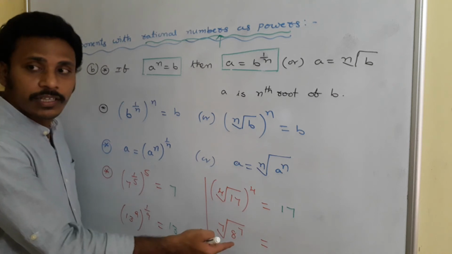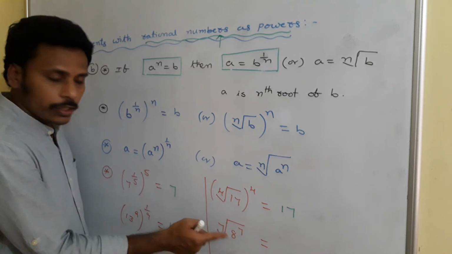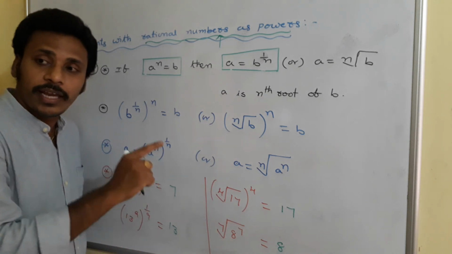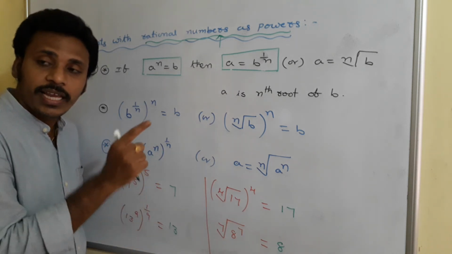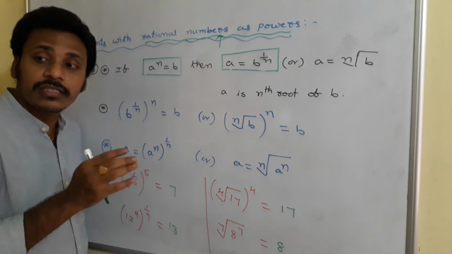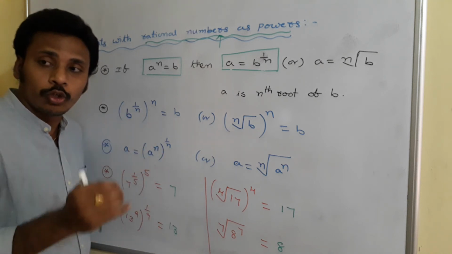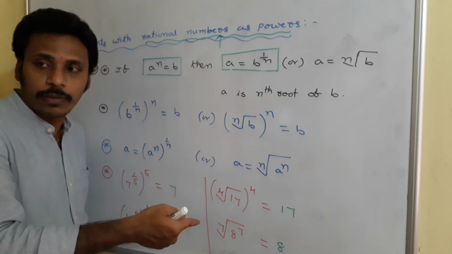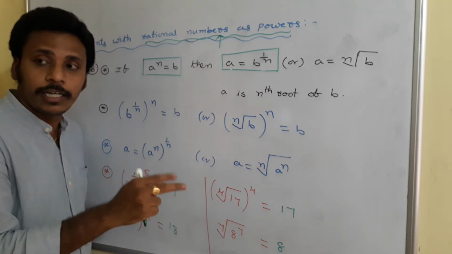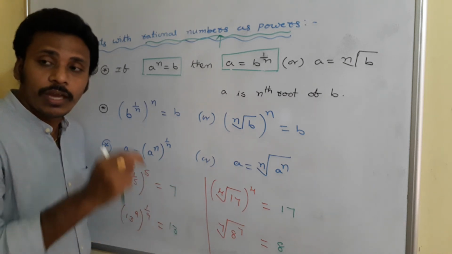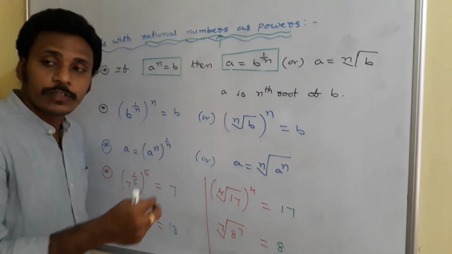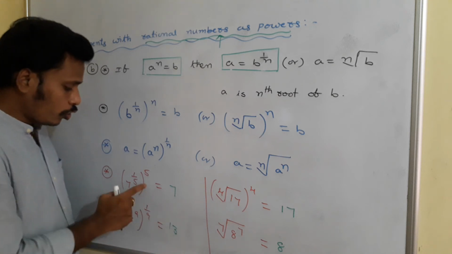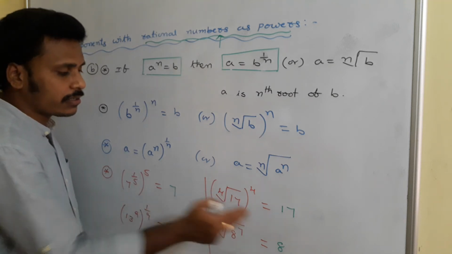7th root of 8 power 7. Power 7 and 7th root. These two will get cancelled and you are left with 8. Just like multiplication and division, just like addition and subtraction, in the same way, power and nth root occur. Division is an opposite process for multiplication. So division and multiplication get cancelled. In the same way, nth root is an opposite process for the power. So power 7 and 7th root will get cancelled. So these problems we will answer in a direct simple way.